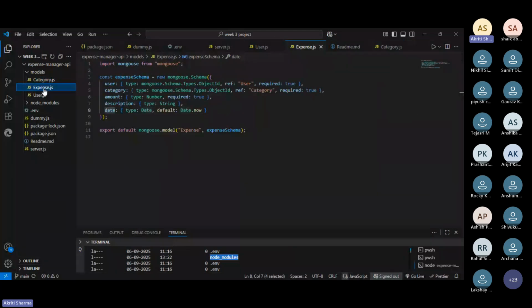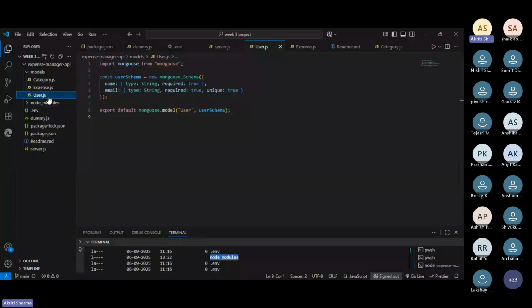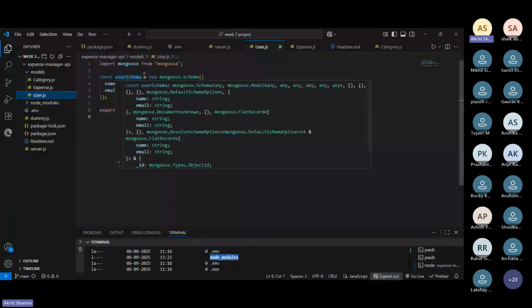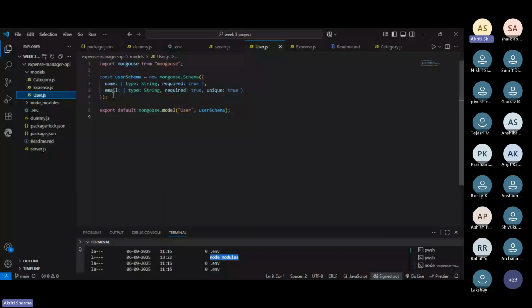After that, I created an expense.js file in which I created an expense schema where I put the fields user, category, amount, description, and date, and export it. After that, I created a user.js file in which I created a user schema and input the name and email fields.